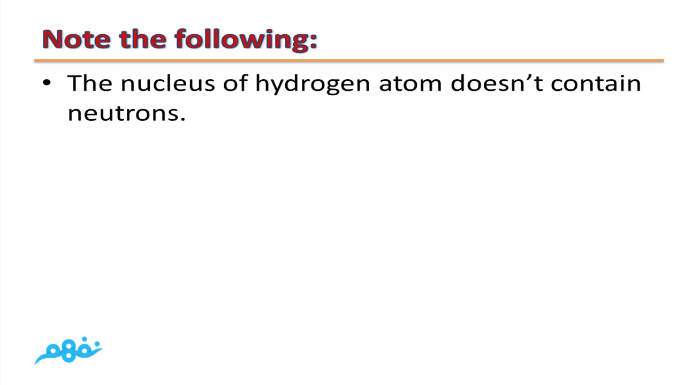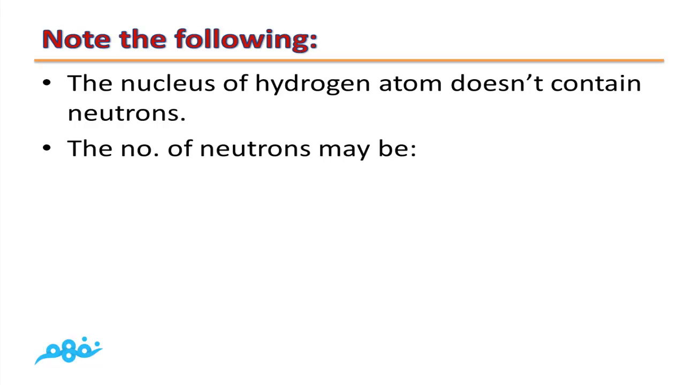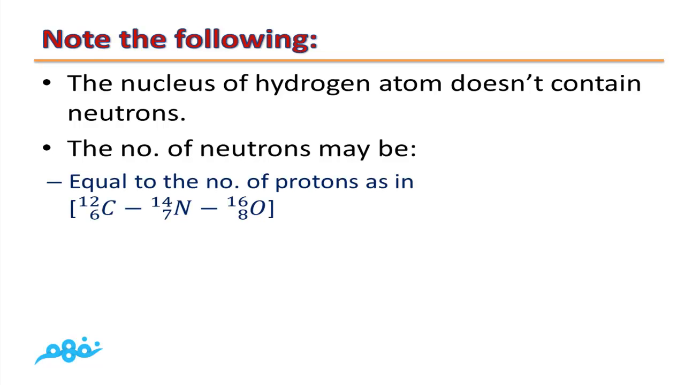Note the following. The nucleus of hydrogen is the only nucleus that doesn't contain neutrons. This is because its mass number is equal to its atomic number, which is equal to 1. So 1 minus 1 equals 0. The number of neutrons may be equal to the number of protons, as in the case of